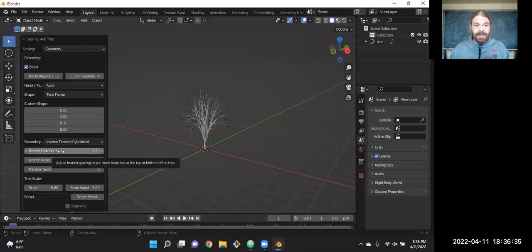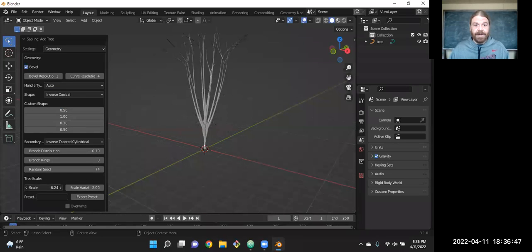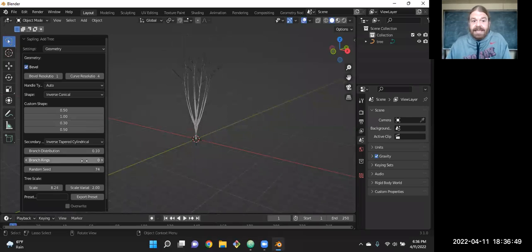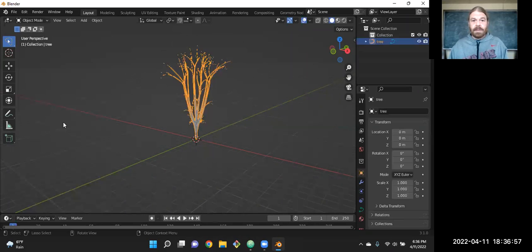But real quick, the first thing I want to show you, I'll make some changes here. Let's do inverse conical. Make it a little bigger. So we can just change these parameters to control what that tree looks like. But then when we click anywhere else, notice that little box went away.